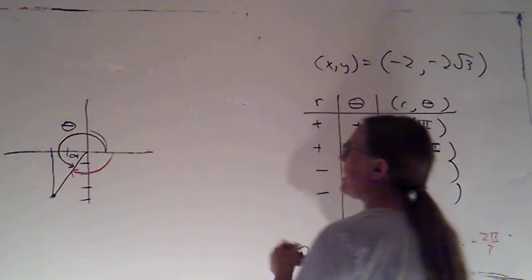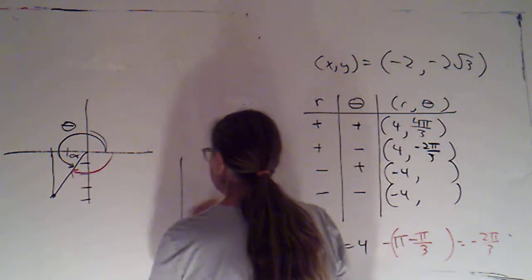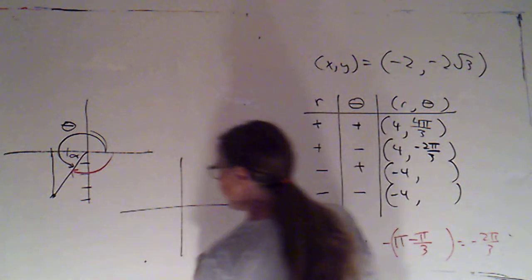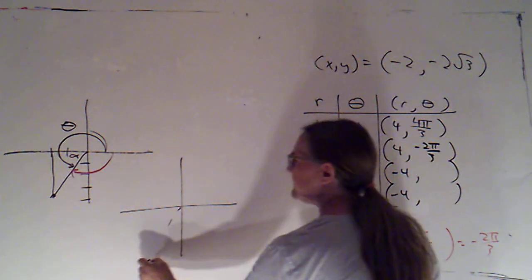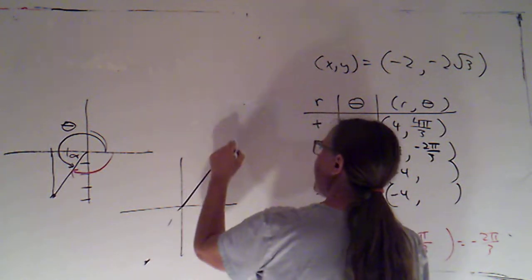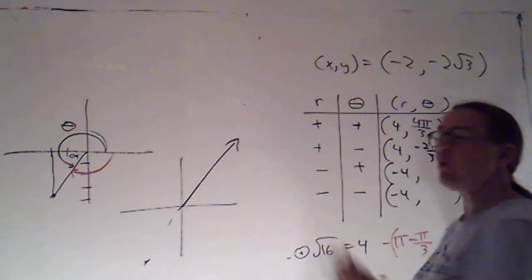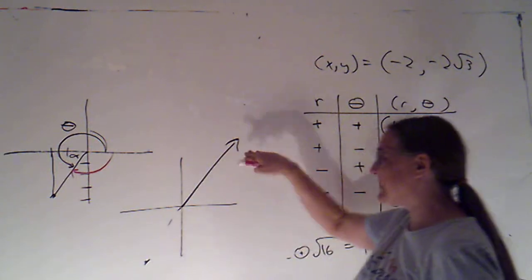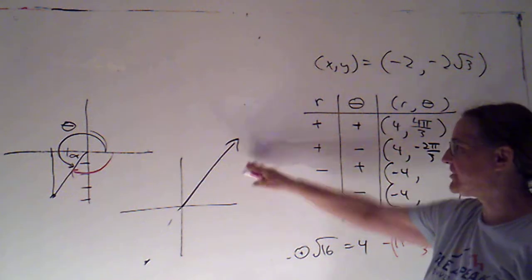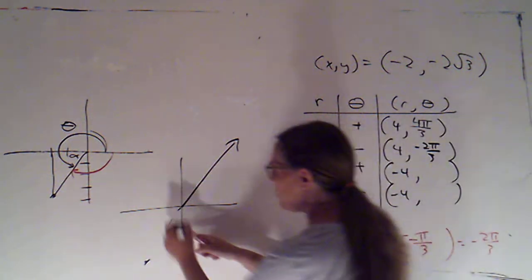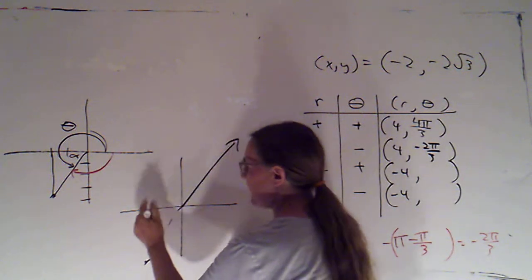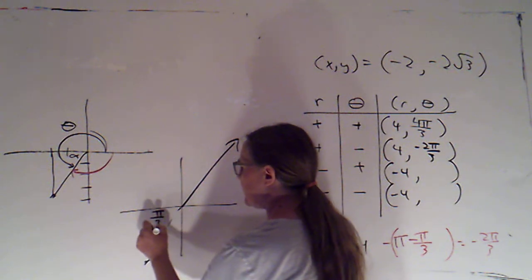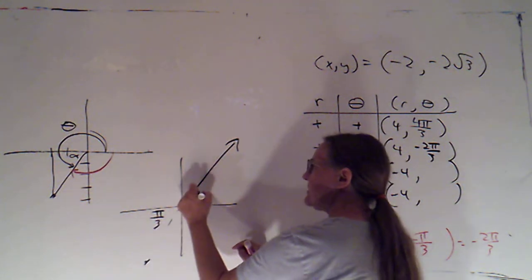So now if I want to get to this point down here, but I want that to be the negative direction, so my theta's got to be landing in quadrant 1, not quadrant 3. It's got to be in the diagonally opposite quadrant. And let's see what I know. We had determined that this acute angle here was pi over 3,